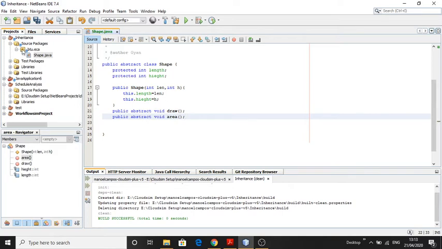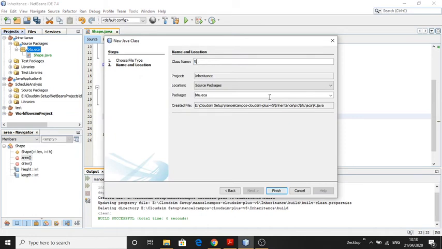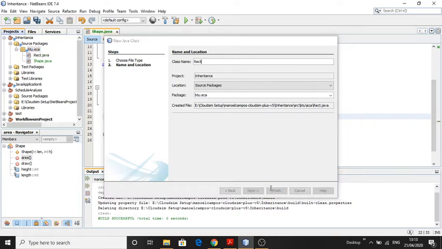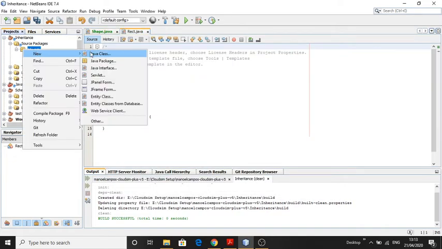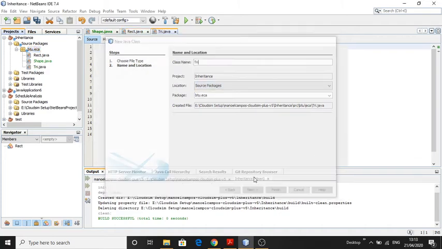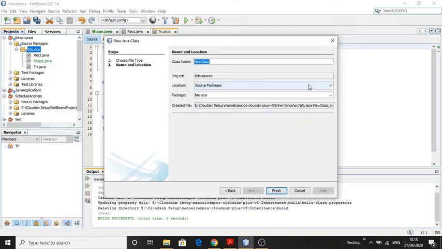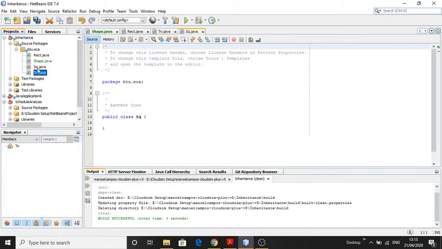Now we create three classes. One is the rectangle, another class is the triangle, and another class is the square. So there are three classes: triangle, square and rectangle, and all those classes inherit from the Shape class.